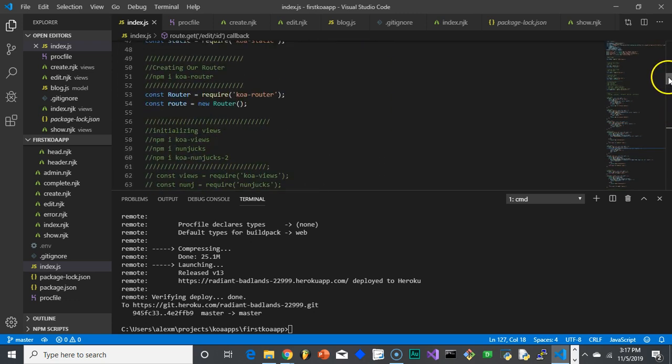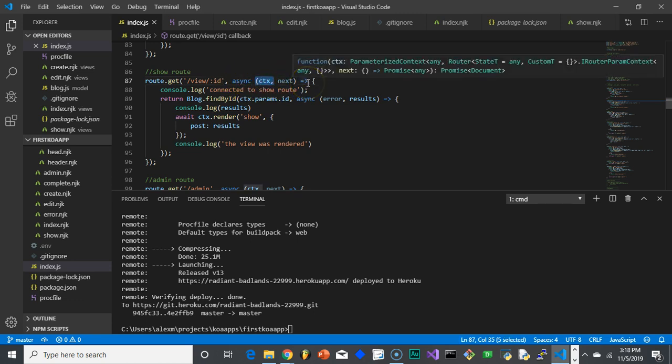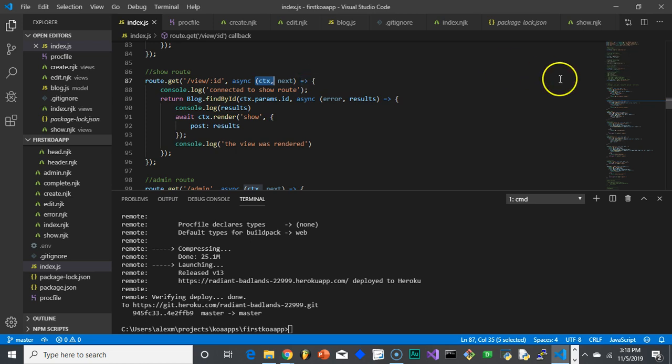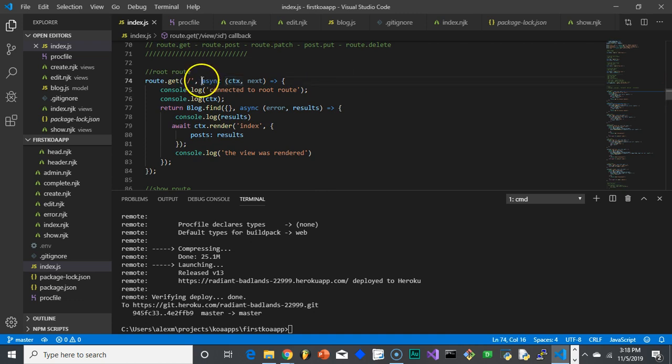But basically the way it works, there are two keywords, async and await. What we're doing is passing a function to the route. We're doing what's called a callback. And when you put async before your parameters, it's just saying that the function we're putting in is an asynchronous function. So the first route is an asynchronous function, which means that it will wait